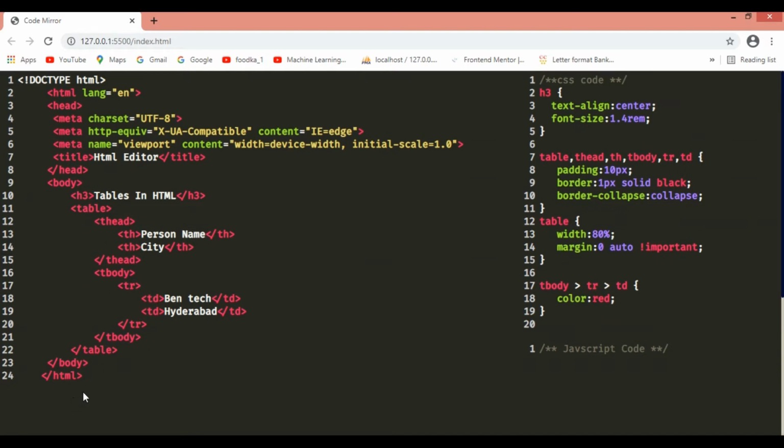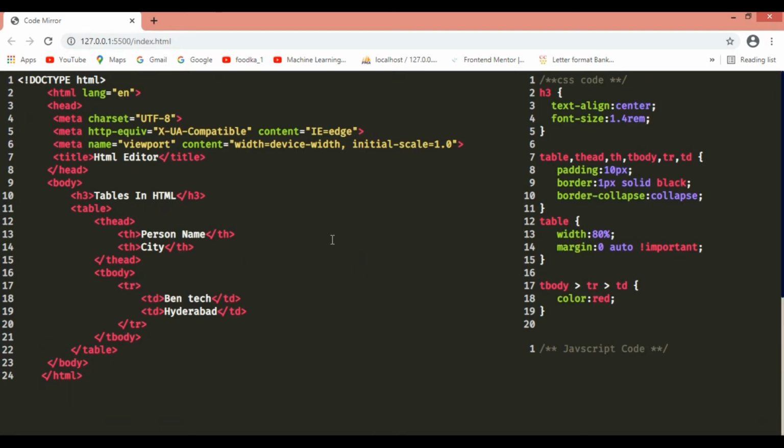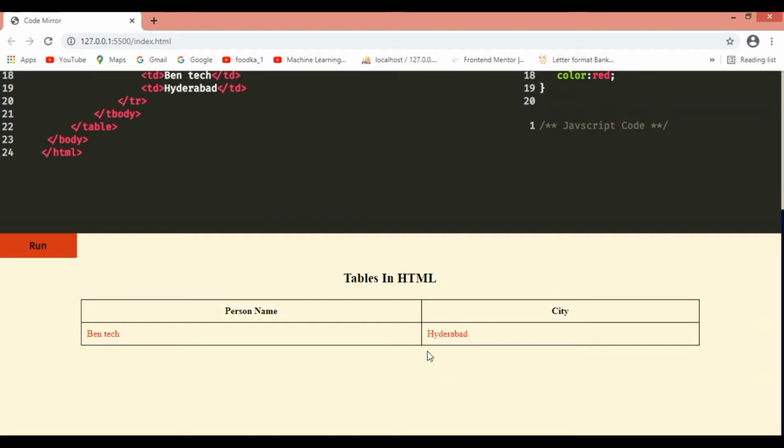So guys, in this video we will learn how we can make a compiler, an HTML, CSS and JavaScript compiler. So guys, let's get started.